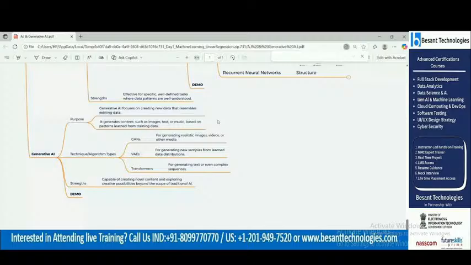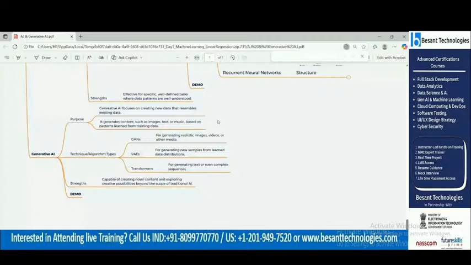Now in this, you are going to use three algorithm techniques that you have to remember. The first one is GAN, the generative adversarial network, a neural network technique. Next is VAE.